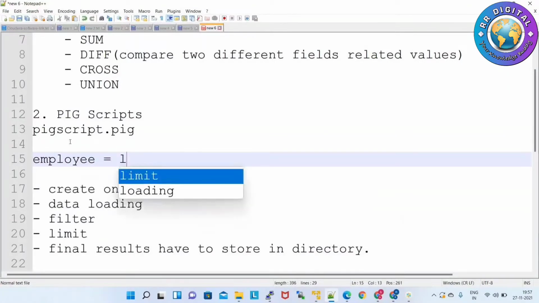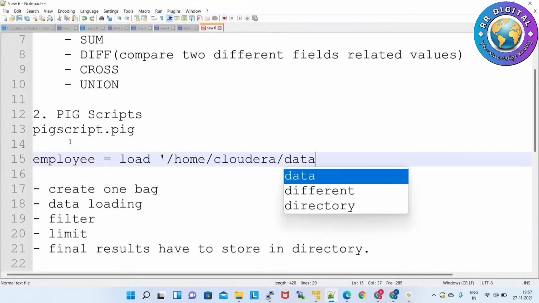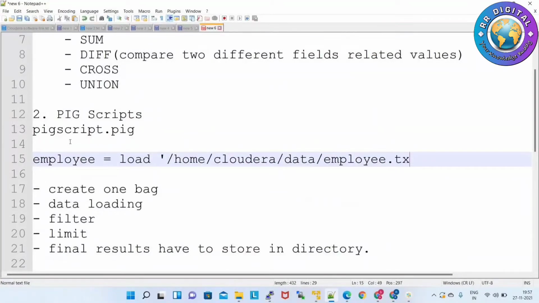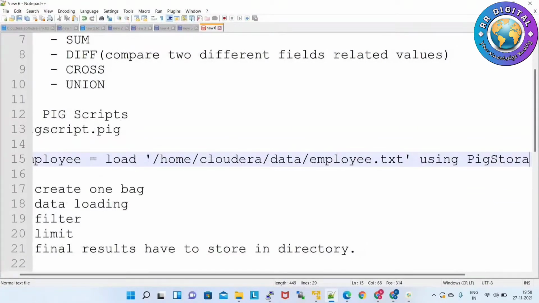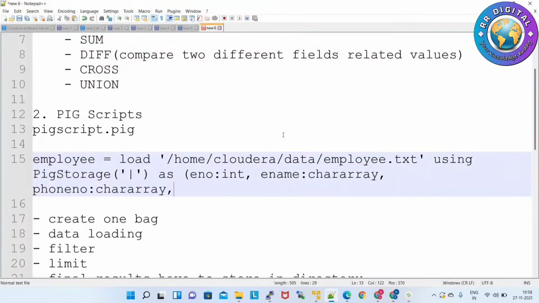Load, data loading, using PigStorage with the pipe delimiter, as employee number int, employee name chararray, phone number chararray, salary int, department number int.